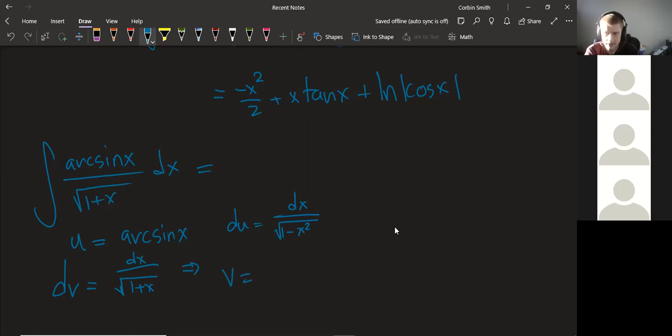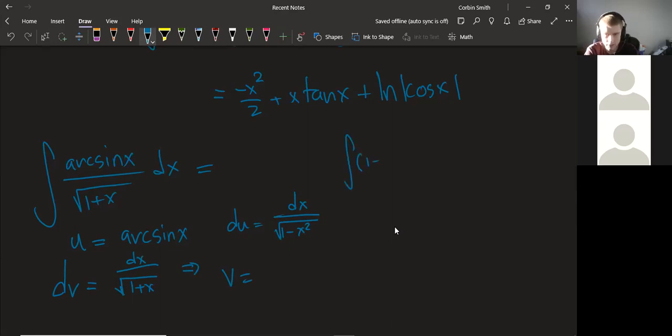gosh, I have to integrate that. Okay, so the integral of (1 plus x) to the minus 1/2 dx. So that should be (1 plus x) to the 1/2 over 1/2. So that's 2 times (1 plus x) to the 1/2. Did I do that correct? Yep. Okay. So then we get that this integral should be 2 times the square root of 1 plus x times arc sine x minus the integral of,